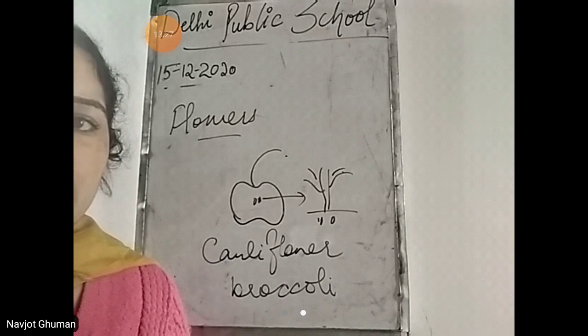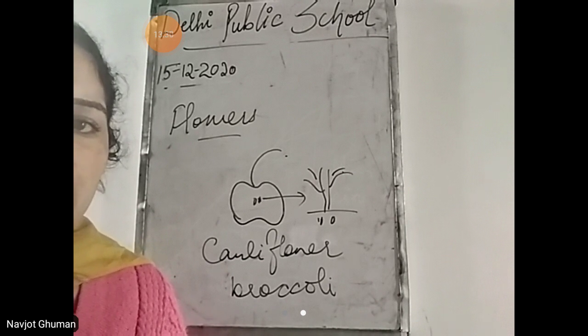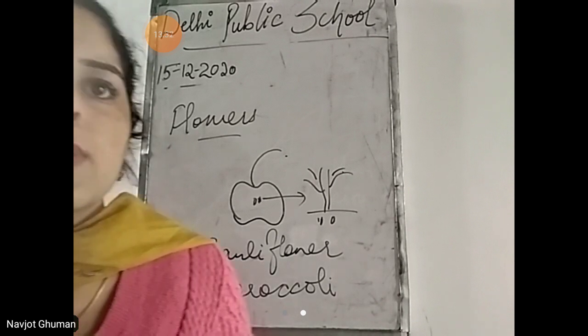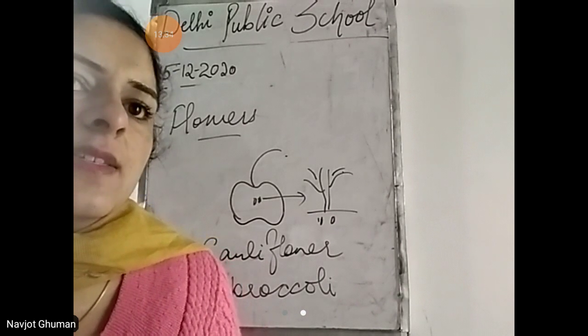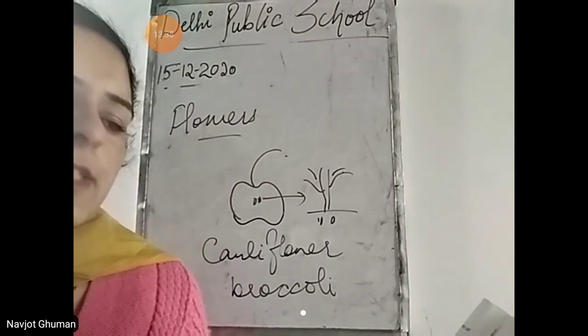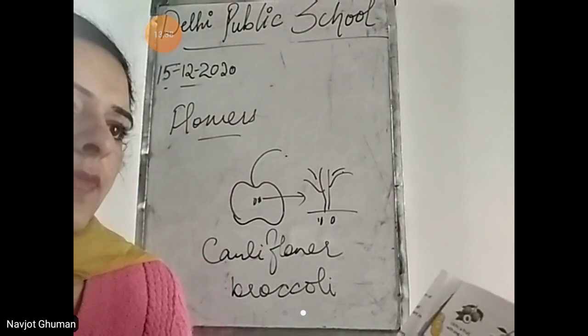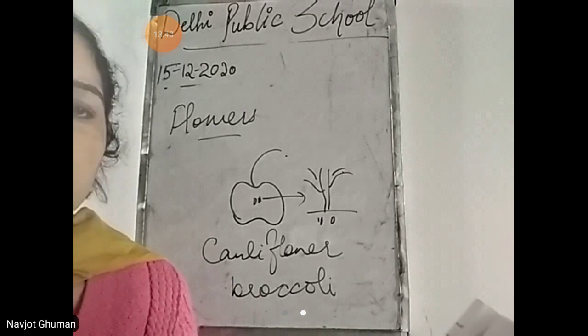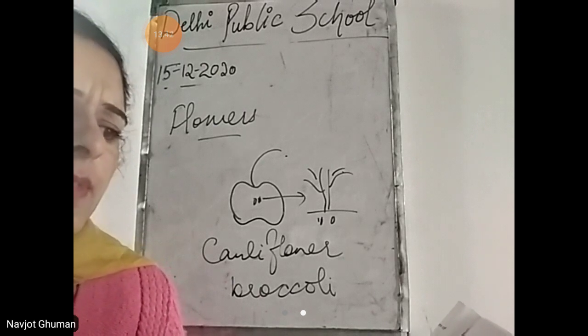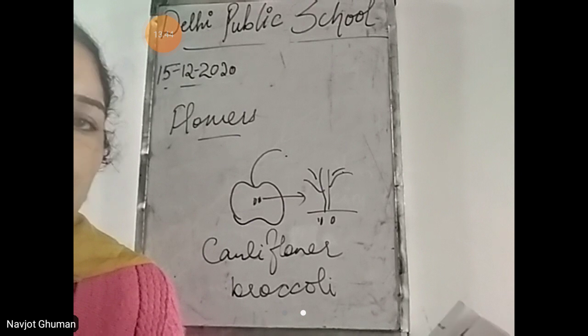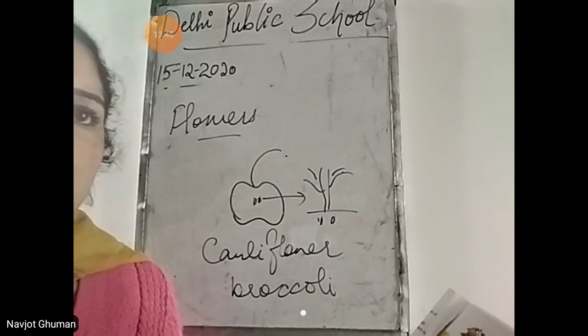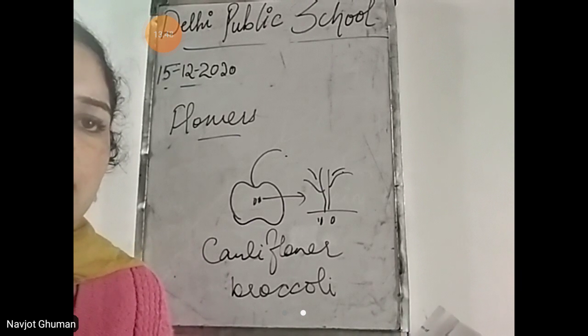Fruits, you know, are the eatable parts of the plant that we eat. Most of the fruits have one seed inside them, like lychee. Lychee has one seed. Some fruits have more than one seed, means few seeds inside them, like apple, orange, lemon. Then there are some fruits that have many seeds inside them.